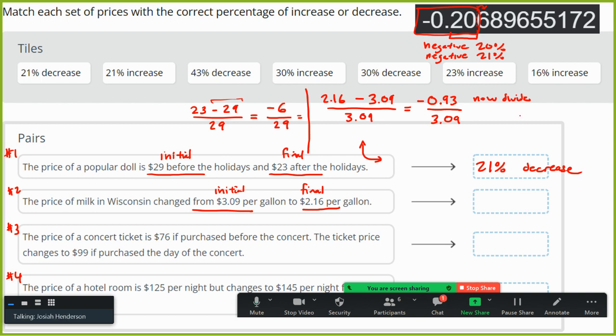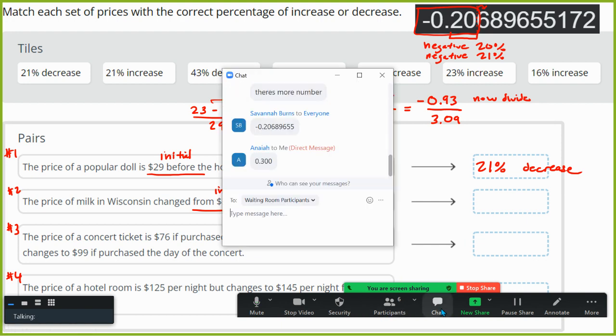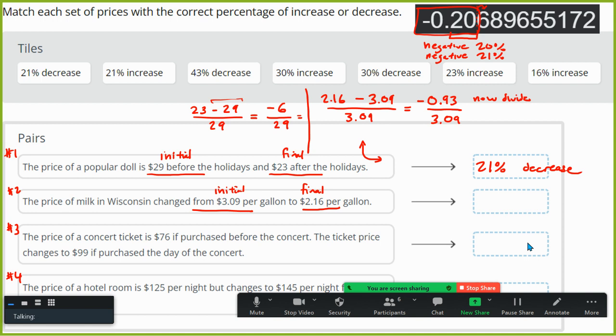Okay, and when I hit divide, oh, someone's got it in the chat. Nice, thanks, Anaya. And I got what you got. I got negative 0. And I'm going to write out a few more,